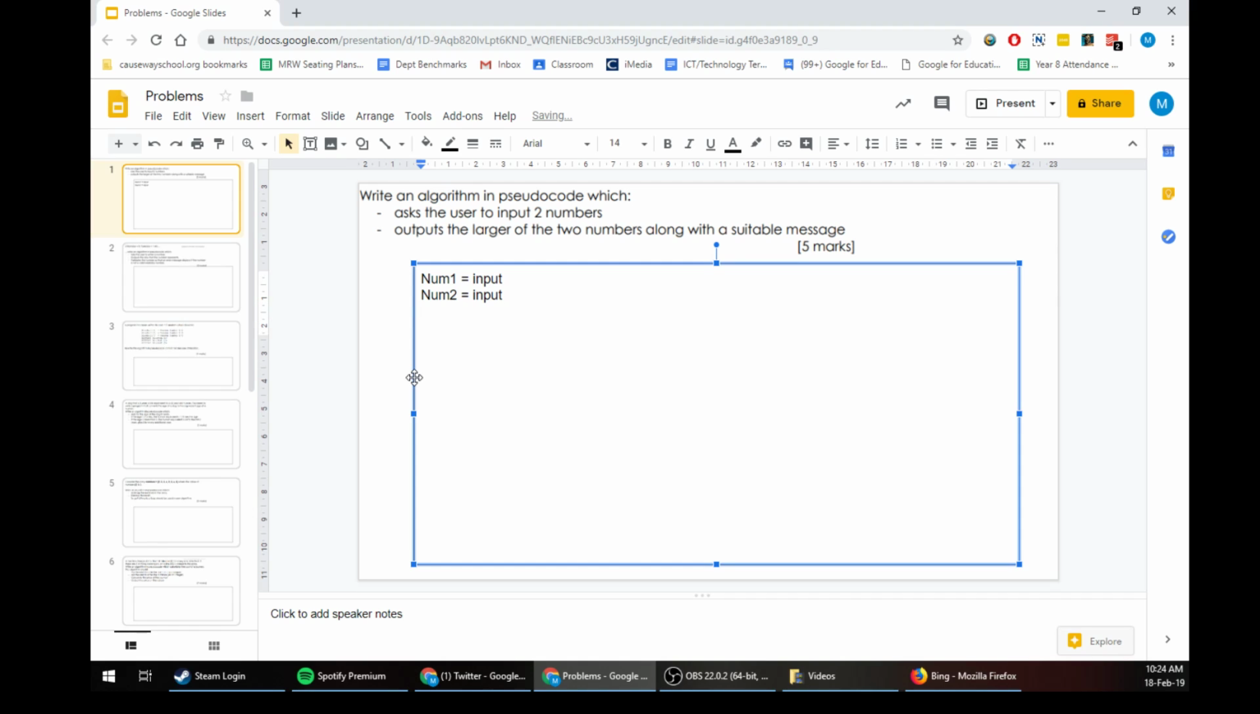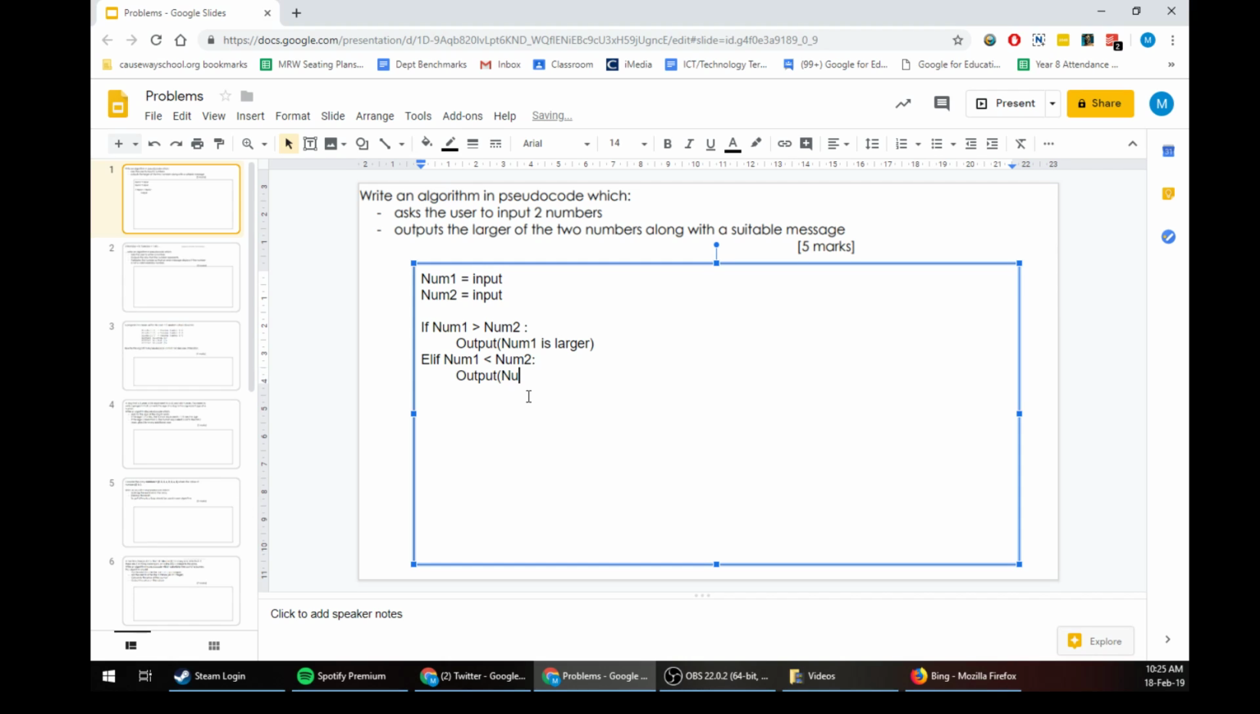What we're then going to do is output the larger of the two numbers along with a suitable message. So we're going to do if num1, making sure you're writing it correctly, is greater than num2, we are going to print, or rather we're going to output, because remember, print would be syntax specific for Python, this is asked for output, so we're going to output num1 is larger, else, or elif, num1 is less than num2,